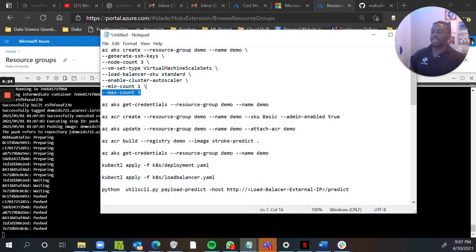So the first thing you're going to want to do is create a resource group. When you create a resource group, it makes it really easy to tear everything down afterwards, when everything's all contained in its own resource group. So I created one just called demo, and then you want to run this